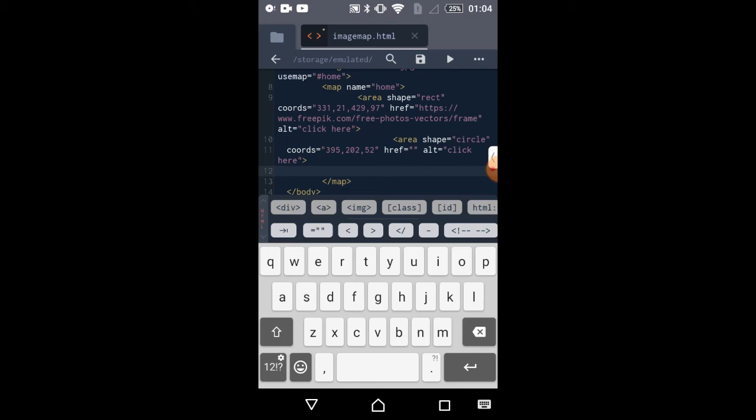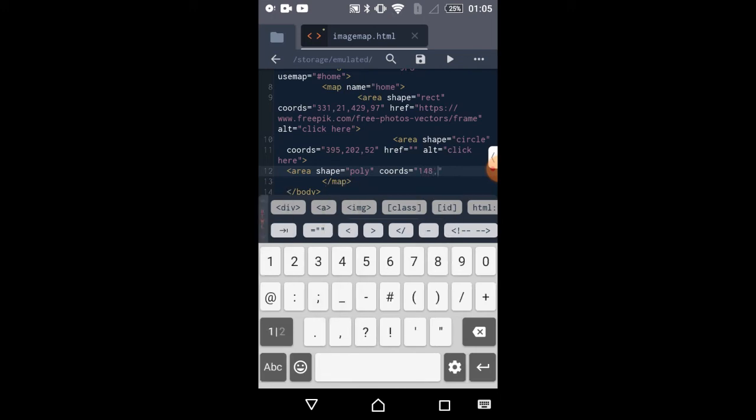After that I'm again opening the third area tag as well, so we'll check the output of both the shapes which are left together. So write area again, then shape is equal to, then the last shape which is left is polygon. To write polygon we have to write only poly, P-O-L-Y. After that leave some space, write coords is equal to double inverted comma. Then write all the coords.